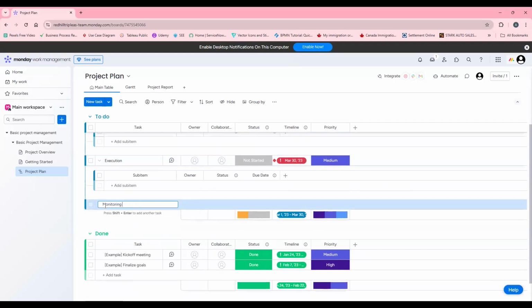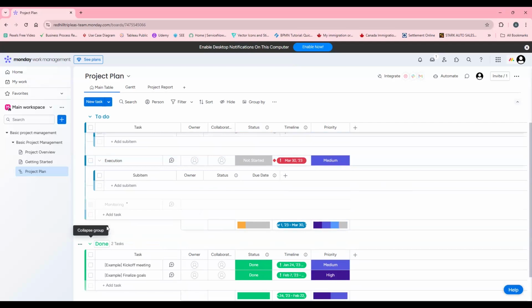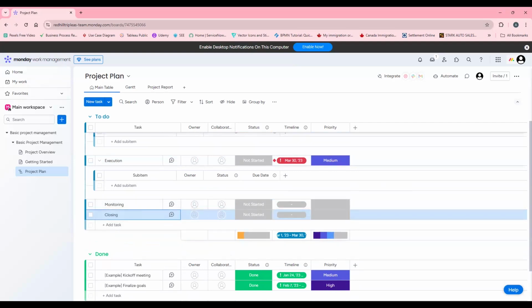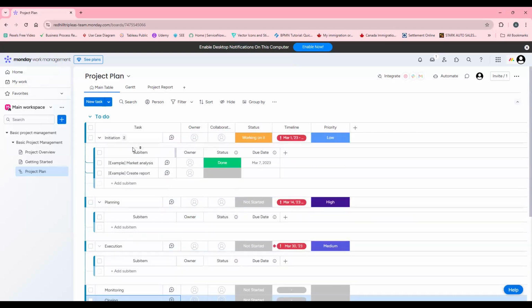Or we'll just call it a monitoring phase. Let's just keep it at that. And then here, the last one, we're going to call it our closing phase. Simple as A, B, C. So we'll do that. And what we're going to do is, because of our time, I won't populate everything right